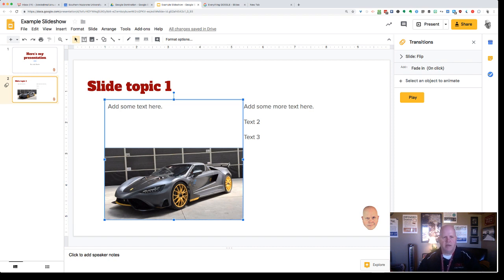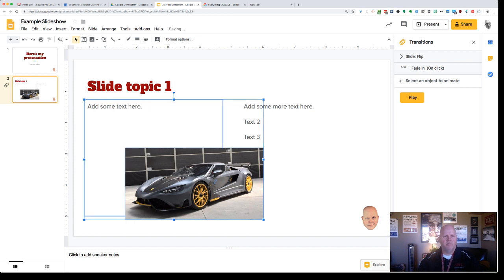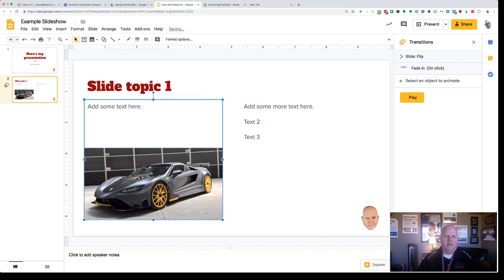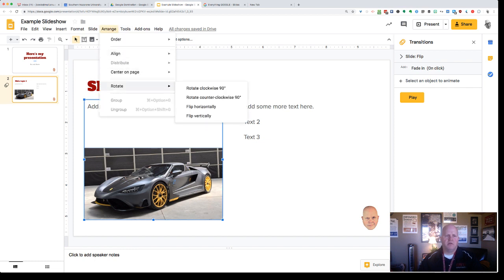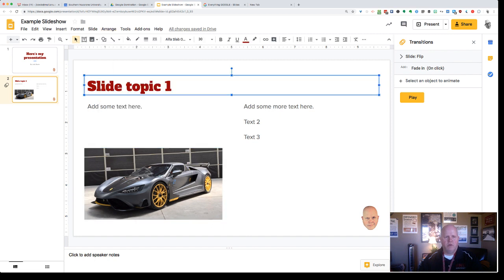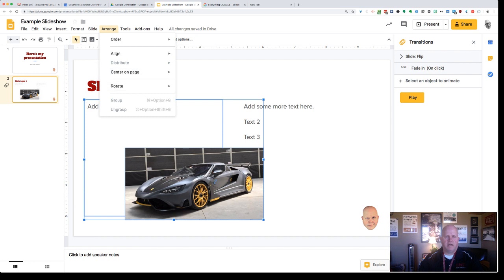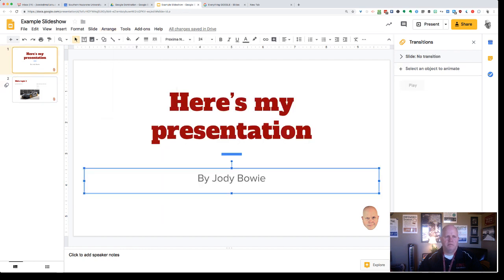So I'm going to undo that. Maybe. There we go. I'll go back to Arrange, into that Align button again. And if I want to left align, this will align that car image with the left side of this box, and so on. So you've got several things here that you can do. You can actually group things together. So if I undo, and if I have these two things selected,